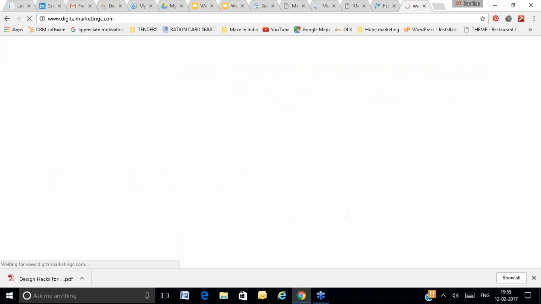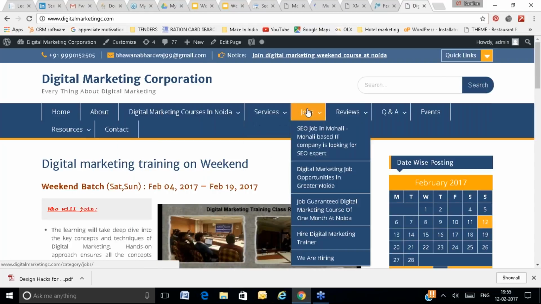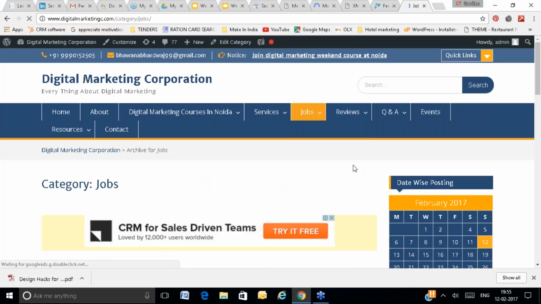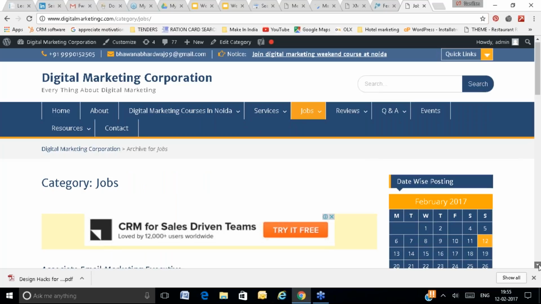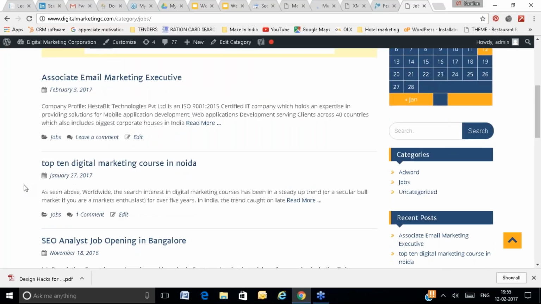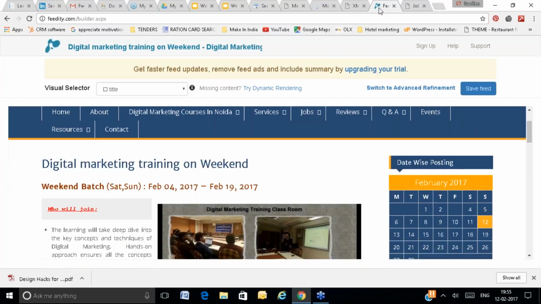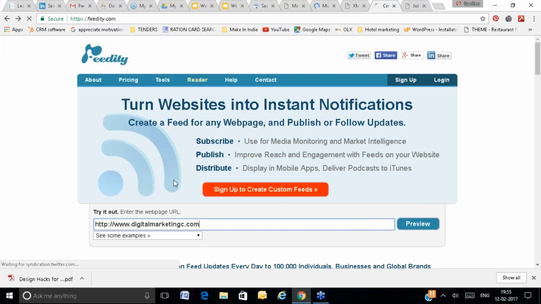Let's suppose this is your website, and if you have a blog section, I'm not sure if we have one. Let's suppose we are creating the feed URL for this section, right? You can copy this URL, paste it here, and create the feed URL for the section where you are uploading content on a regular basis.